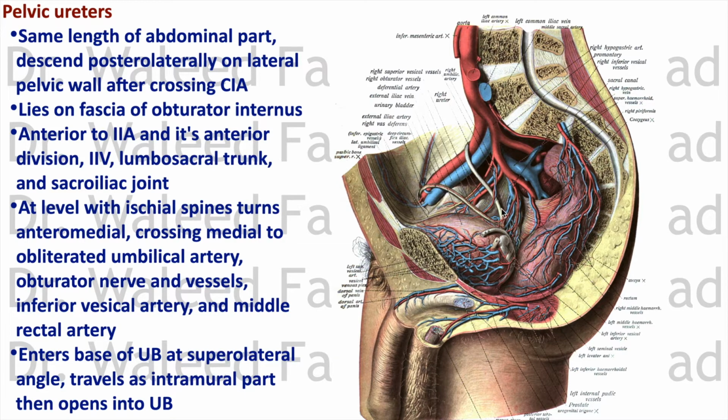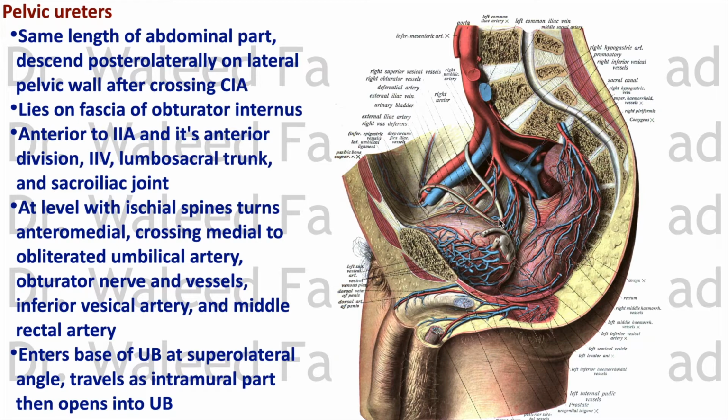There is a kink we talked about. This is a site for impaction of ureteric stones. They turn anteromedially and cross medial to the obliterated umbilical artery, the obturator nerve and vessels, and the middle rectal artery, and then enter the base of the bladder, which is the upper part of the posterior surface of the bladder, the posterolateral angles